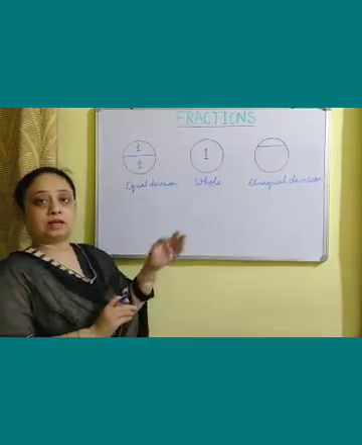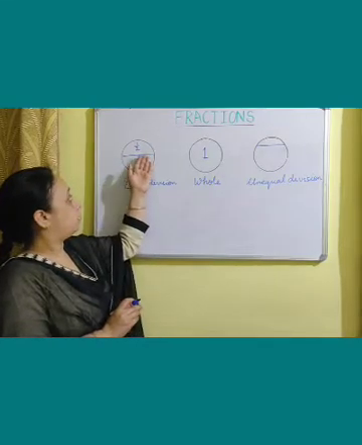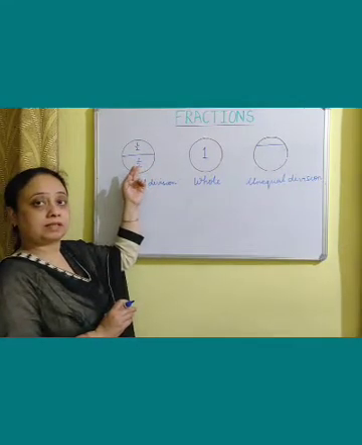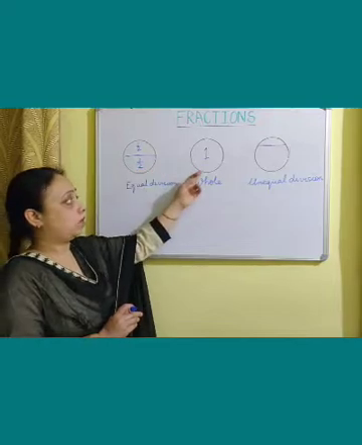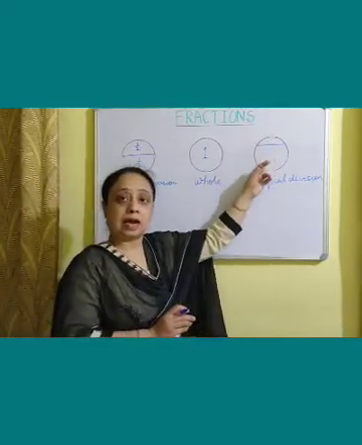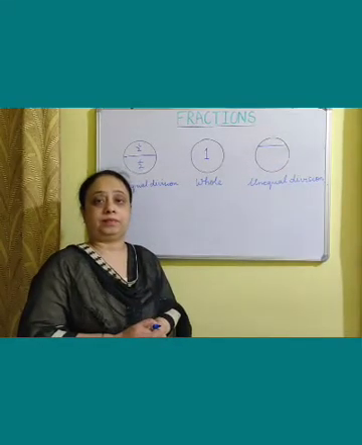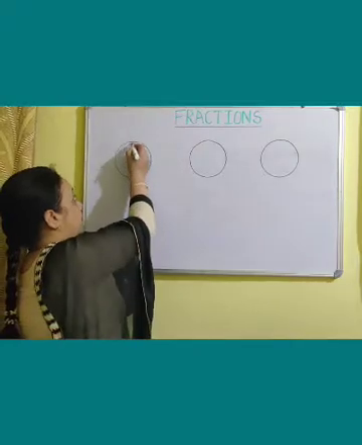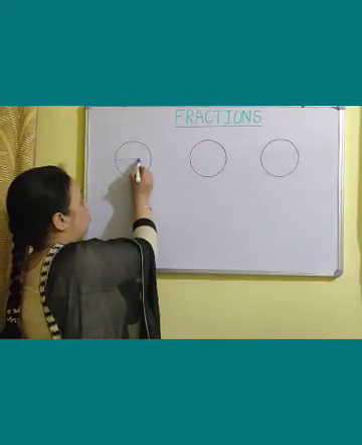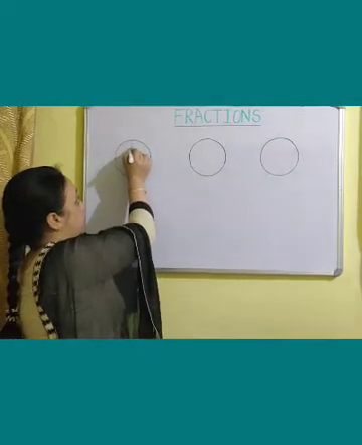So you can see that if we divide it equally, it is into one half like this, and these 2 halves make a whole. And if I draw a line here, these 2 parts are unequal, so the division is not proper. Now if I divide this into 2 equal parts, each part represents one half.